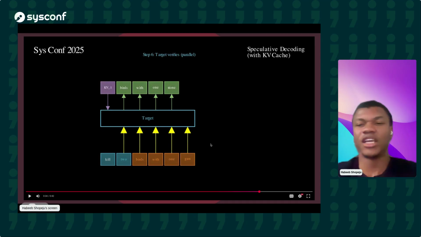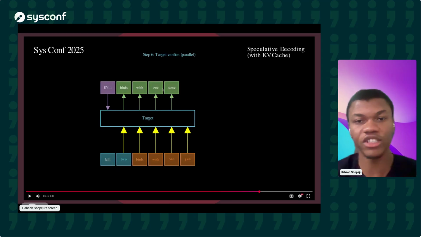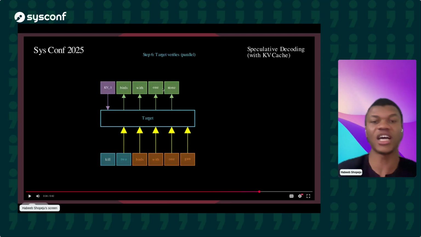Now, the point here is that the draft model got all these tokens right, which is a good thing, because one, you are using a smaller model and you're able to generate your outputs much more quickly than if you had to use the large language model to do this. And two, the large language model can verify every single thing in that one swoop. So you are not doing it one by one.